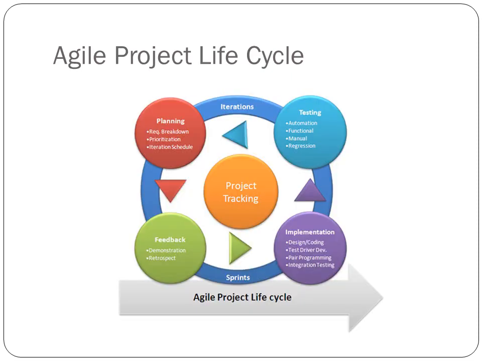Now have a look at the Agile project life cycle. First it starts with planning. In planning, we break down the requirements into small units and then we prioritize the requirements so that high priority requirements go in the first release, and then we schedule the iterations, like when the next iteration should start, and then we go for feedback by giving demonstrations and conducting retrospection meetings. Retrospection means conducting a survey based on past data,